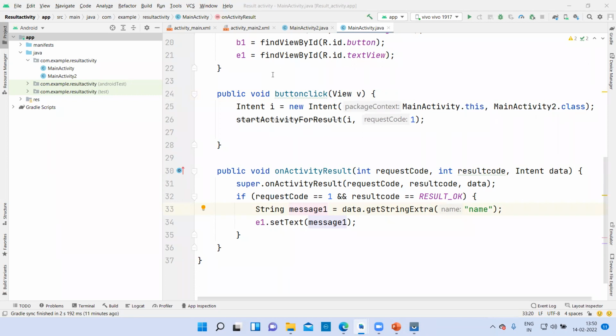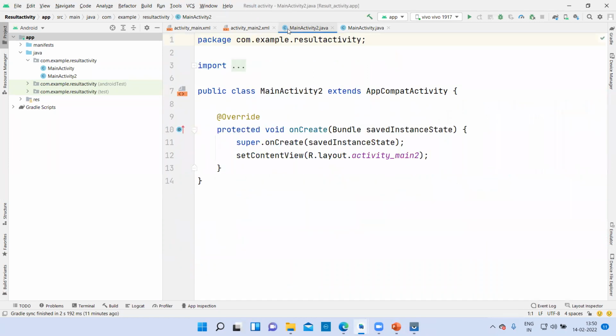So let me write the code for activity 2. Here you will find the edit text, because you have deployed one edit text, and on button click you will move to the second activity.